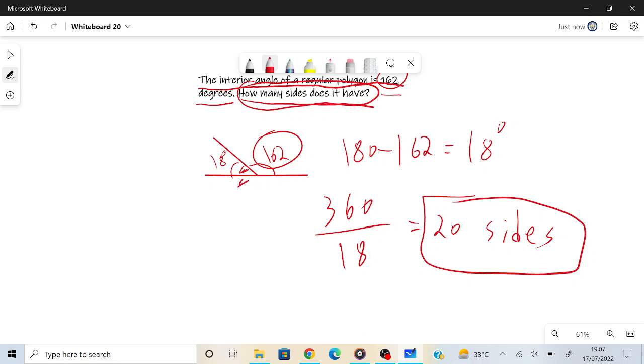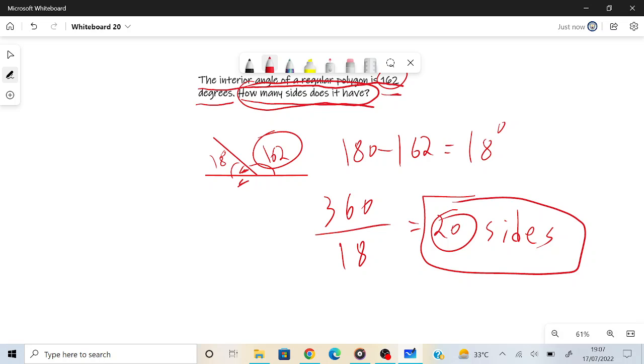We knew our interior angle, which is 162 degrees. We know that all the exterior angles of a polygon add up to 360 degrees. We know that the exterior angle is 18 degrees because 180 minus 162 gives you 18 degrees. And with that 18 degrees, we know that if it adds up to 360 degrees, that would help us find the number of sides. So dividing 360 by 18, that means it's 20 sides,